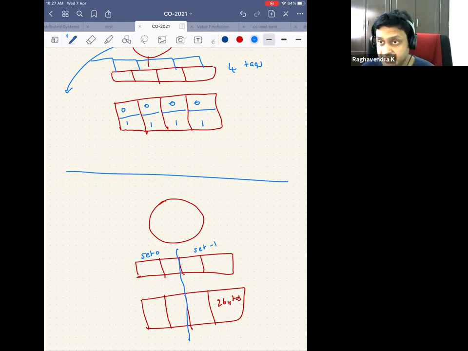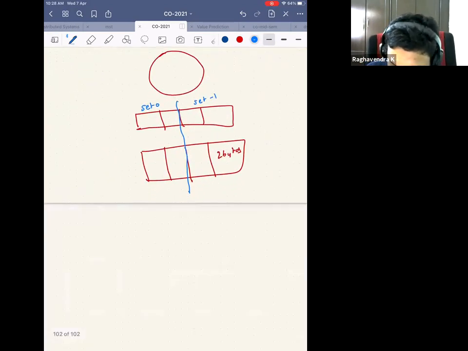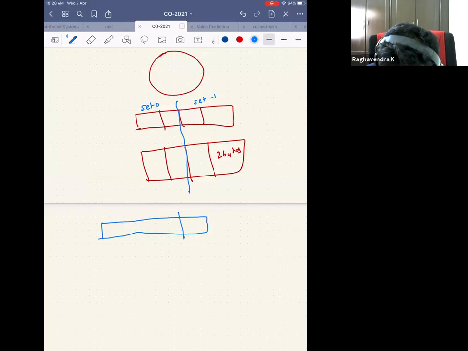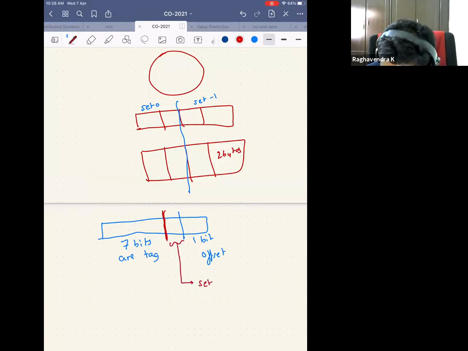Instead of having a function and breaking my head, when the CPU generates an 8-bit address, the first 7 bits are tag and the last bit is offset. So I will take one more bit from here and call it the set index.